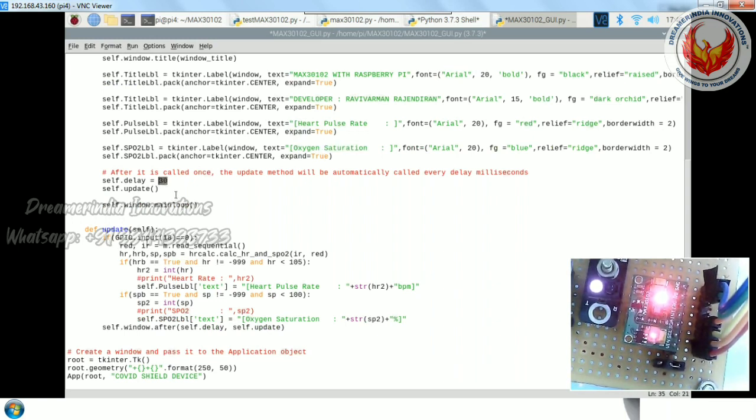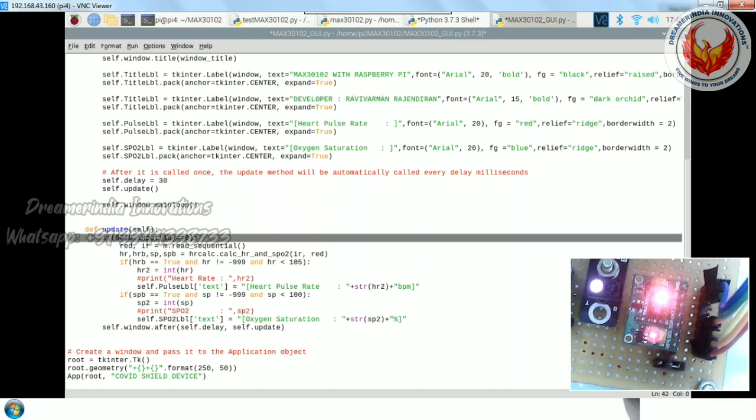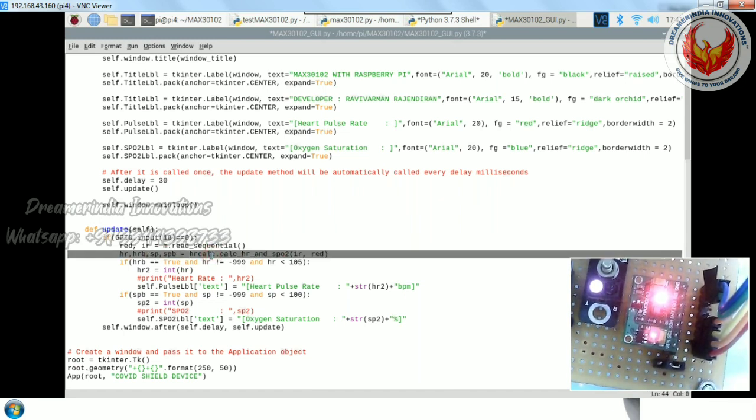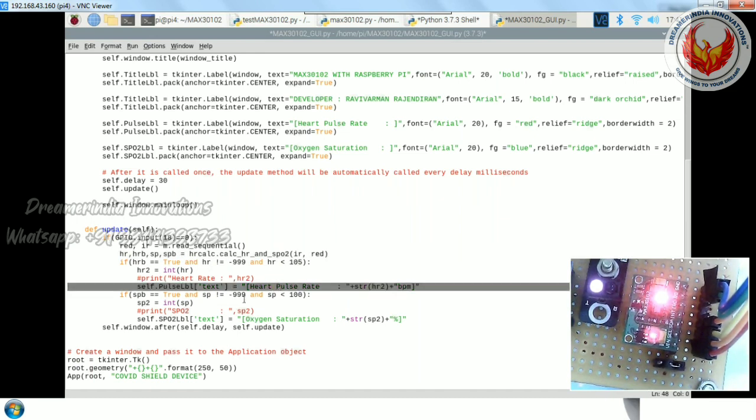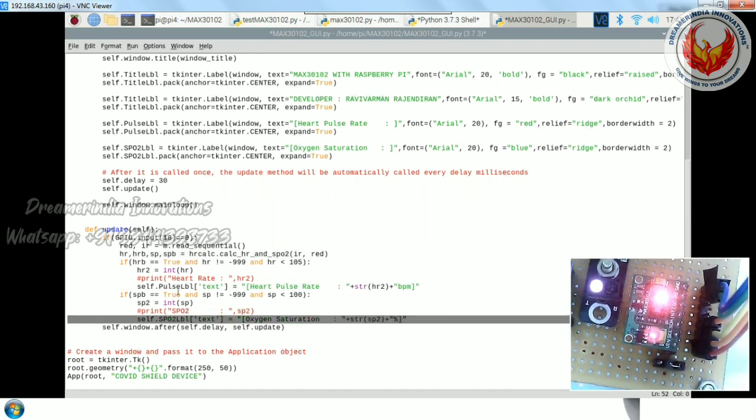In update, it checks whether the finger is placed, and if it is, it reads the data from the MAX30102 sensor and displays it in the label. This is the pulse label and the SpO2 label.